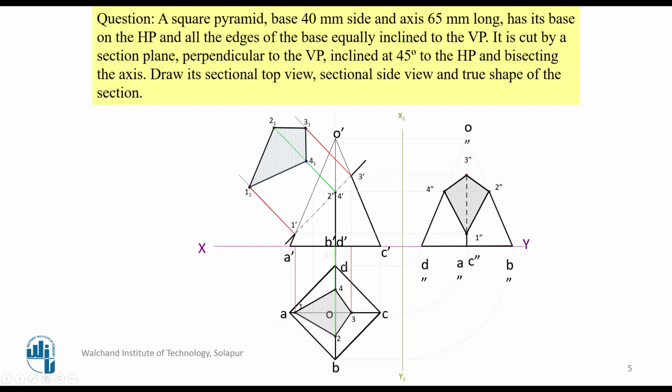Okay, so this is the initial projection of solid, you have drawn it, then set the section line of the solid at a given position, the angle 45 degree and the center point. So then projected these points in the downward direction, then measure these positions, transfer it on the corresponding points. This becomes the true shape. This is the sectional top view. For the side view, you bring all the arcs, then you have to bring it in the upward direction, bring this in the horizontal direction, you will get this as a figure. This now concludes the section of solid on the square pyramid.